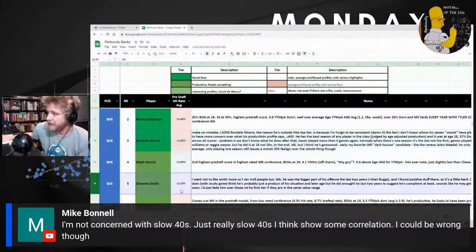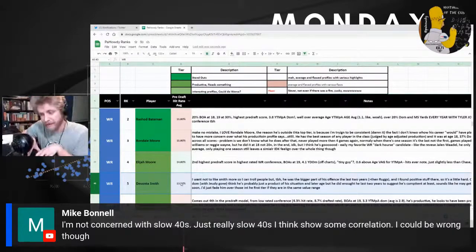Now, Devonte Smith has significantly high production, probably as good a season last year as Ronda Moore had in his first year. So you've got these two players both having great seasons, but one did it at 18 and one did it at age 21. And where I find that almost impossible to separate out versus metrics, I just lean on the fact that most players in the NFL who are successful have comparable age-adjusted production, which to me means age matters more. So I take the player who had a good season earlier. It's not a perfect system, and it's me making my own narrative for it, but it's relying on the thing that I found that players have more in common.